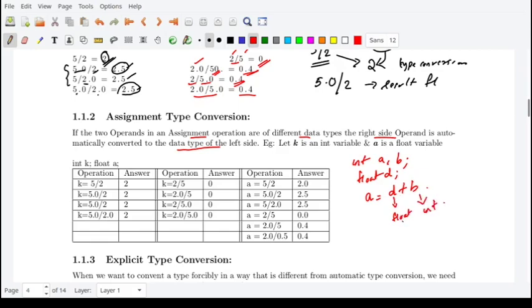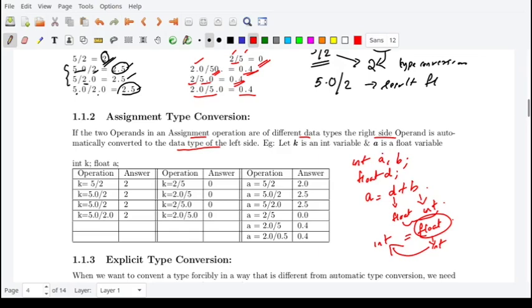Now I am adding float and integer, so you assume that your result should be of type float, because of implicit type conversion. But you are assigning this float into an integer value, so this floating point number is converted into integer so that you can assign it into an integer value.